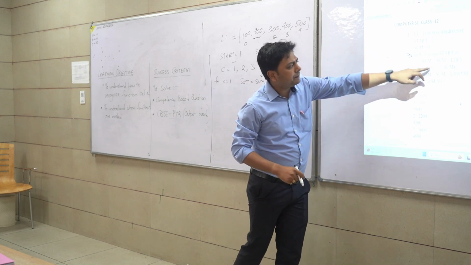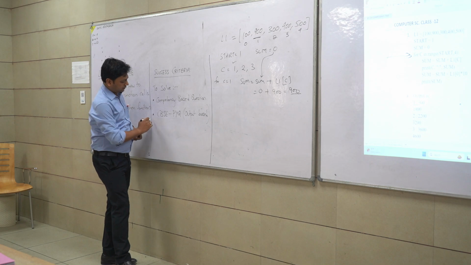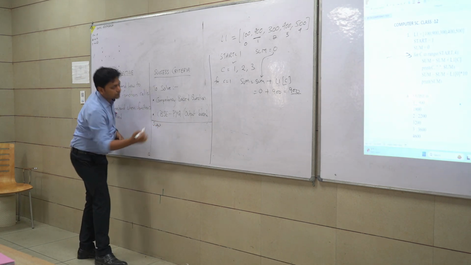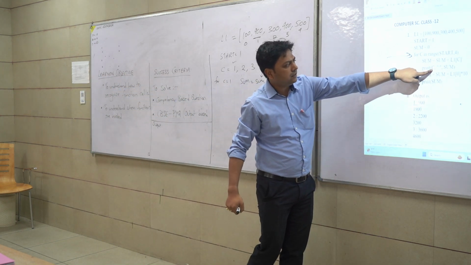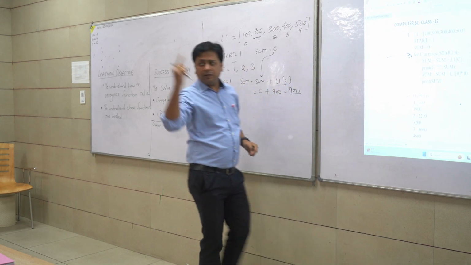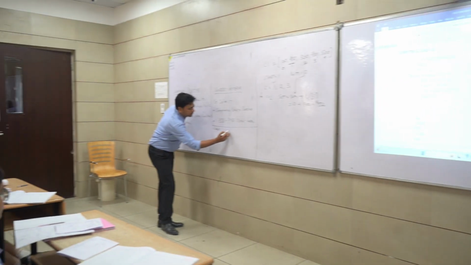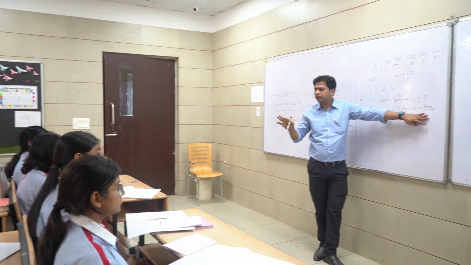The next statement is print C. So what is it going to display? I am writing the output here. It is going to display C colon sum. Value of C is what? 1. Then colon, what is the value of sum? 900. So we get a 900 out here. Up to this it is clear?